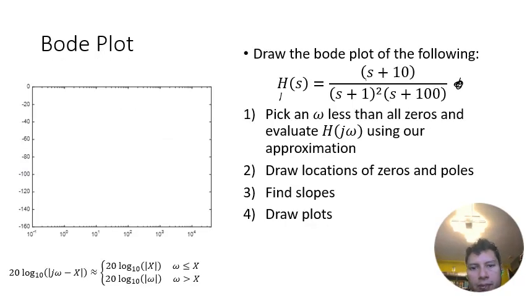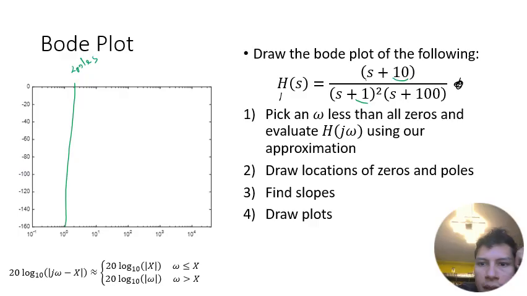Okay, let's keep going. All right, so let's look at another example using our approximation. I can write again. I'm just going to use the heuristic that I came up with. Remember, in this region, I'm going to look at where all the zeros and poles are. So at 1, I have 2